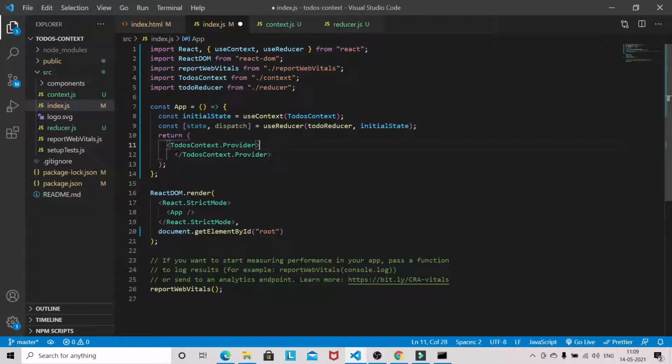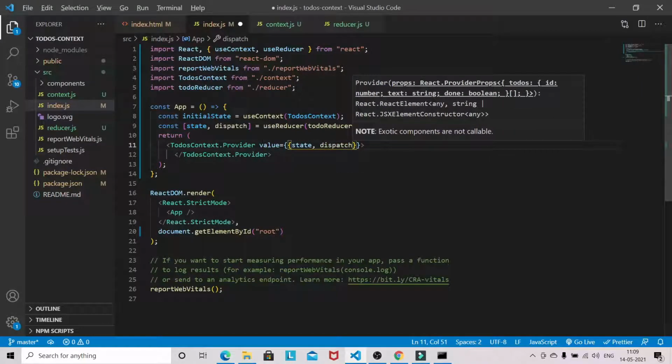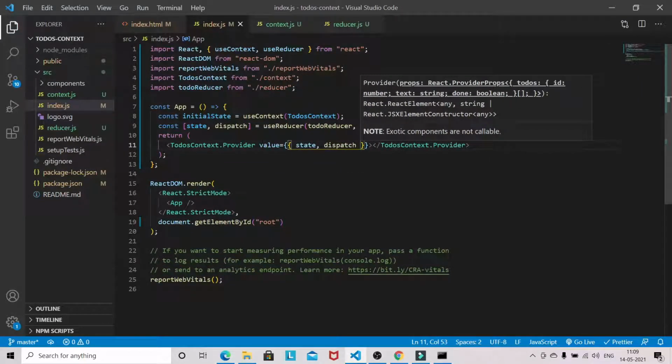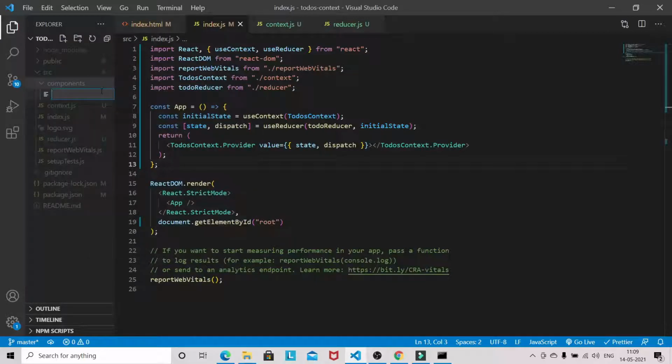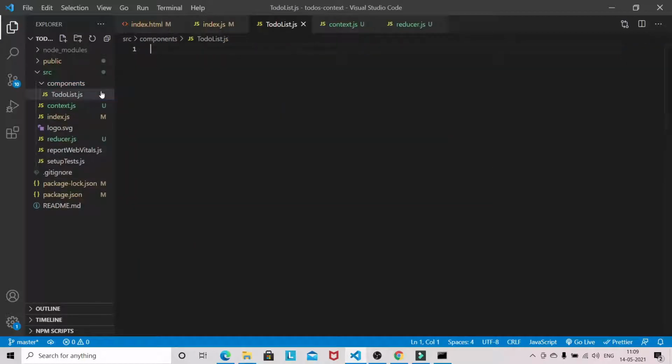Okay, now in the value we will be passing state and the dispatch. Now let's create one component called to-do list dot js.